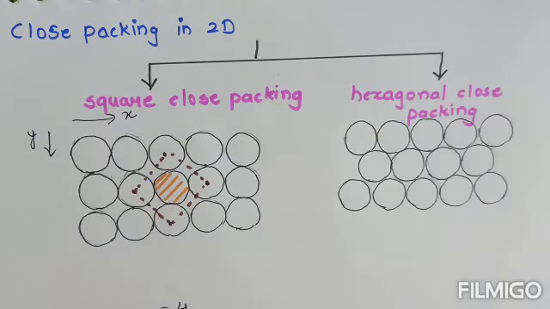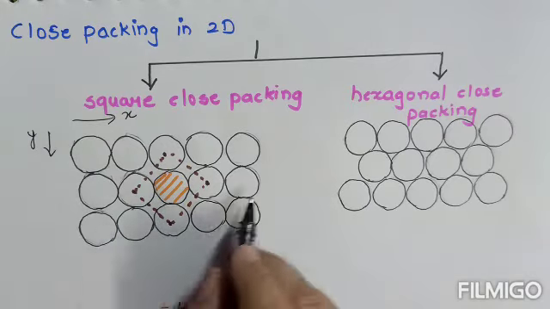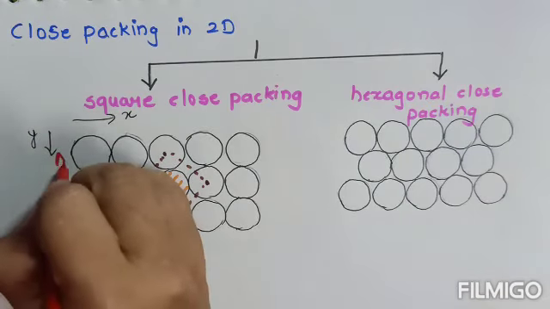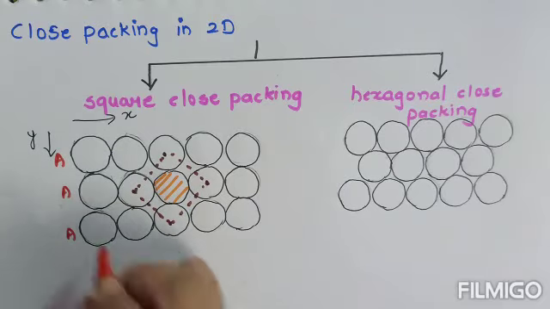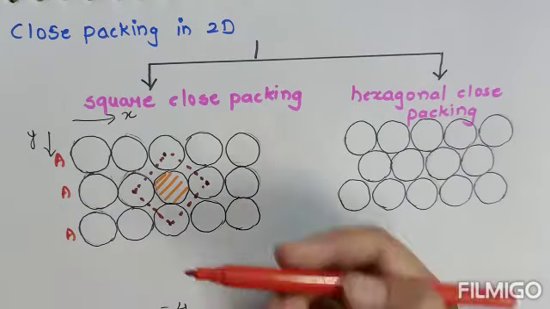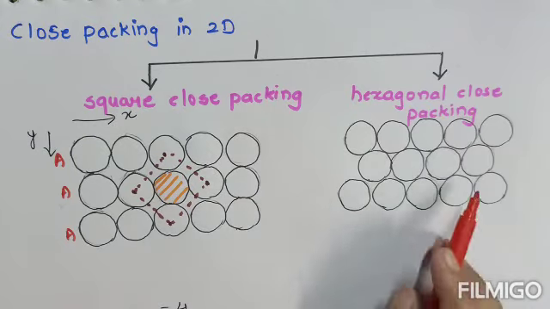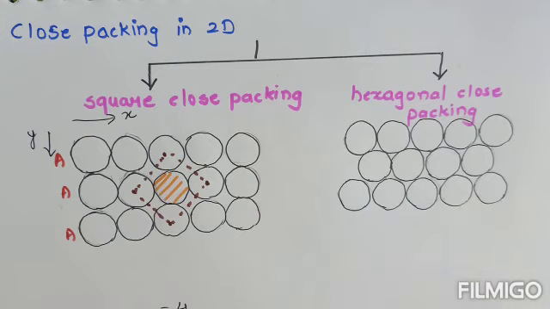Let us move on to hexagonal close packing. But before that, since all these layers are the same, the particles are arranged in the same way in every layer, and therefore it is called A type of packing, indicating that the first, second, third, fourth and so on layers are arranged in a similar manner. Now we'll begin with hexagonal close packing.